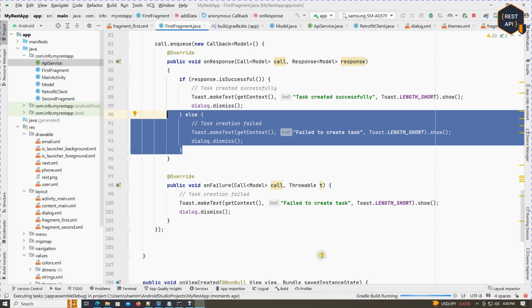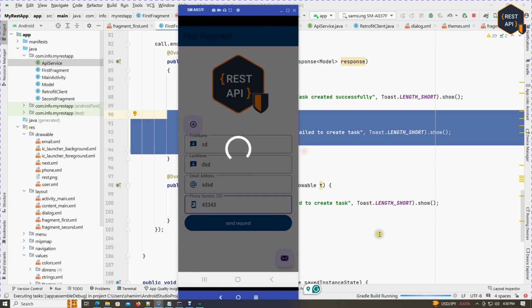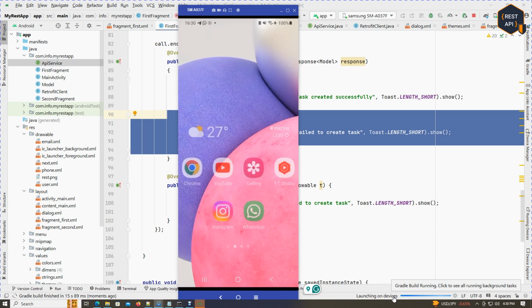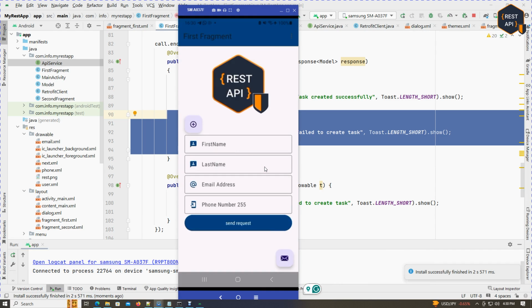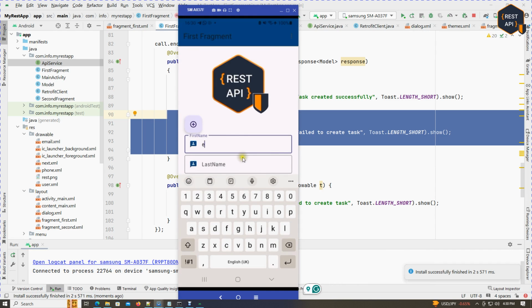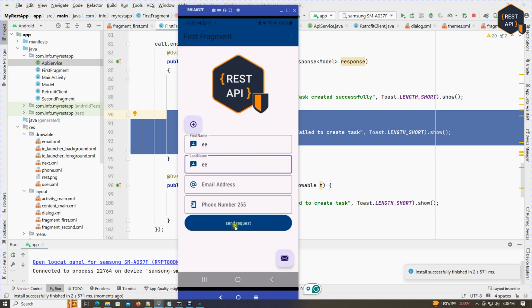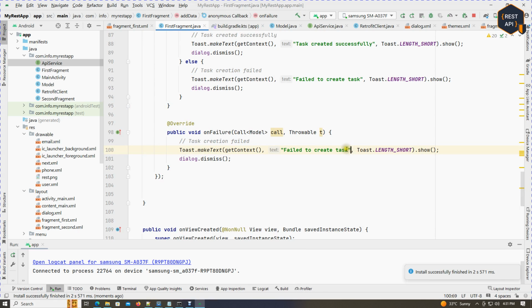Run your project. So a project is running, as you see, Gradle is building the project and it is launching. Good. Now suppose this is the first name, last name, as a demo, email address as a demo, and phone number as a demo. Send request. Failed to create a task. So we need to differentiate between